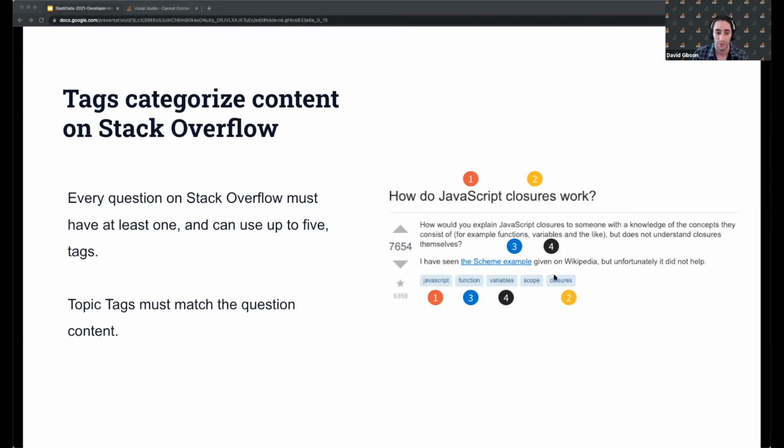So these pretty much describe the question, and they can include, as you can see, technology specific tags, but they can also include vendor or service specific tags, like an Azure specific tag or AWS specific tag. So we can see how these technologies and product offerings actually trend on the website.